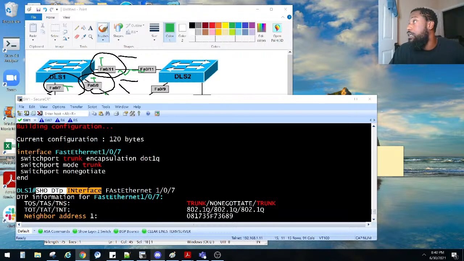Let's see. How do I know if DTP is enabled? To determine the current DTP mode, issue the show dtp interface. Yes, okay, did that. On links where trunking is not intended, DTP is turned off. Y'all let me know, which one lets me know that DTP is really turned off? But I think that's it right there. And if we don't know, we also have the negotiation of trunking on. So when configuring dynamic auto,